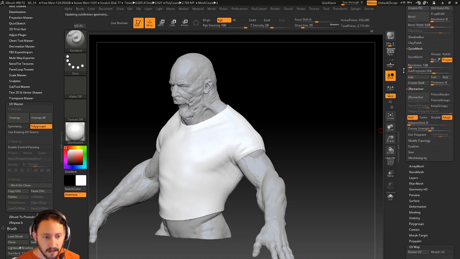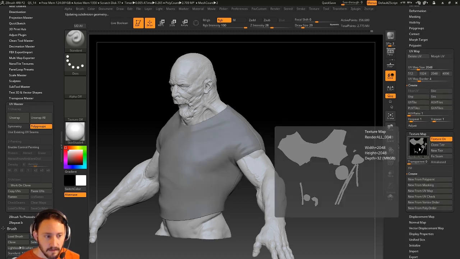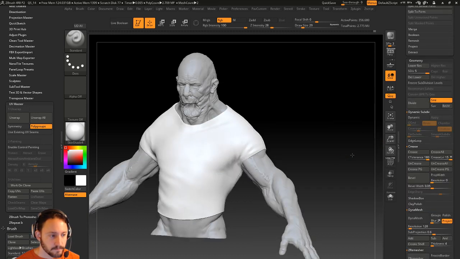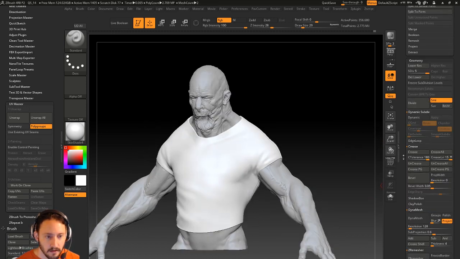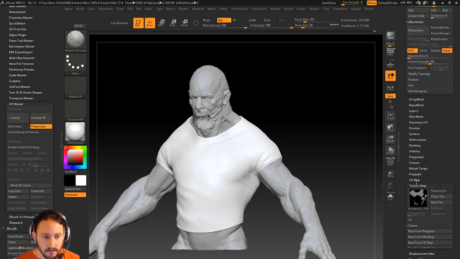So let's double check that. Let's go to texture map, new from UV check, and that'll show me my UVs on this thing. Perfect. So we're going to turn that texture off. And now I can just tile things through here. So if we do want to tile through here, one of the easier ways is to do a